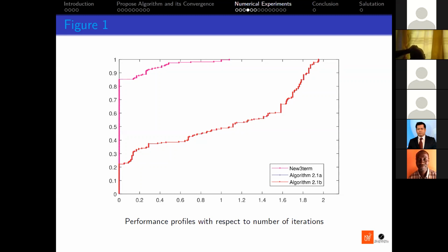And another reason why I cannot compare with that of Kuropetse is that Kuropetse and Kylo considered the unconstrained case, that is, when omega is the whole of Rn. But in my case, I considered a constrained case where the vector is obtained from omega, a strict subset of Rn. So I cannot compare my algorithm because my algorithm is constrained and that of Kuropetse is unconstrained. So that is why I did not compare. Okay.